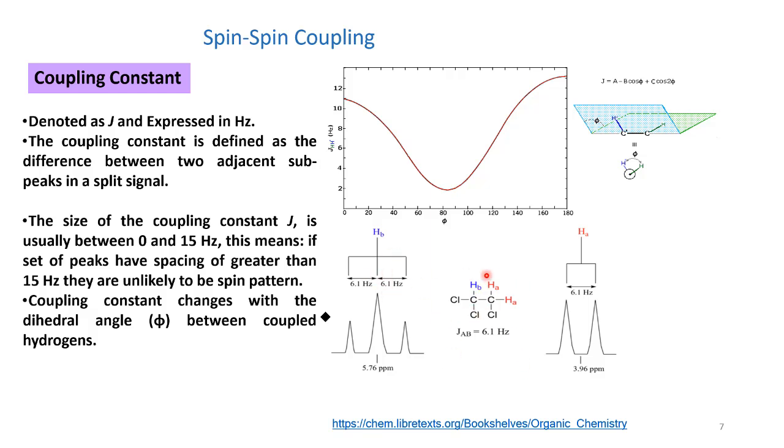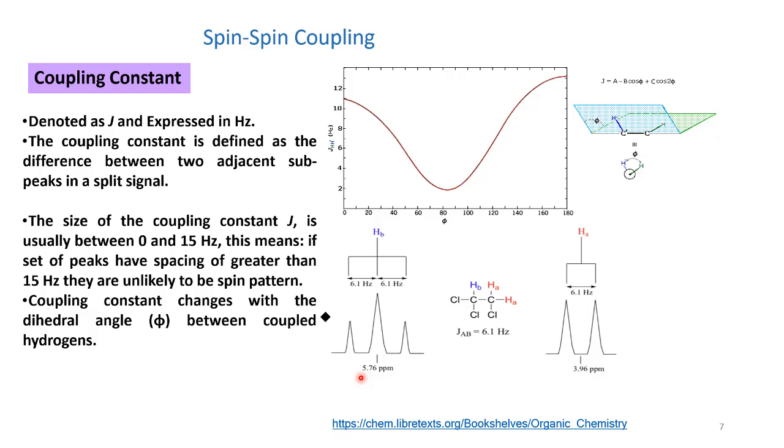Here, as you can see, for this particular molecule, the peak in the middle can be split into two, and we can get a J value of 6.1 hertz. This is for the triplet, and the doublet is 6.1 again. The doublet comes at around 3.96 ppm, and the triplet comes out around 5.67 ppm. That is the delta value, how it is changing, as I already told you.